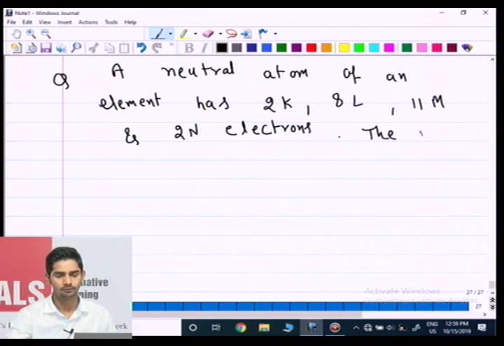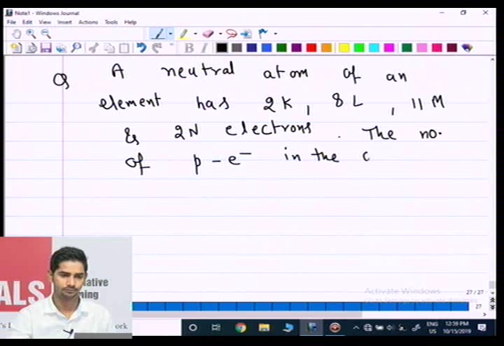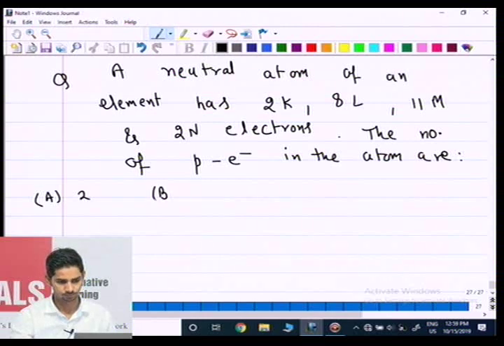The number of p electrons in the atom are: option A 2, option B